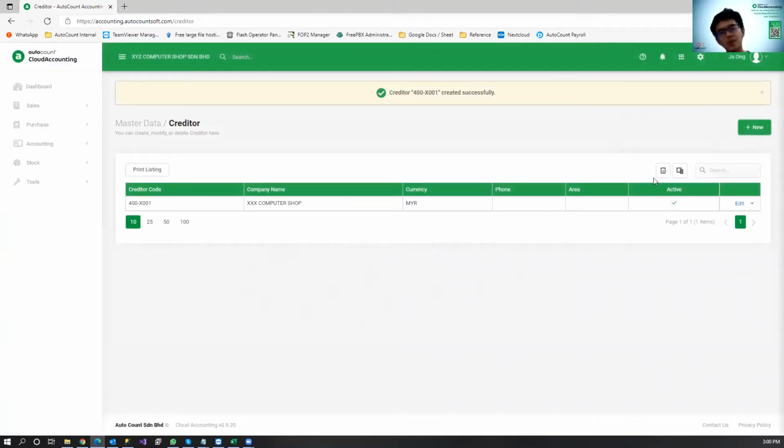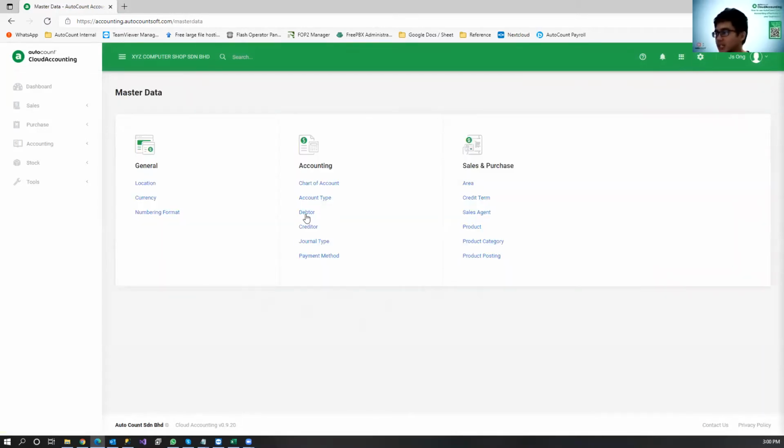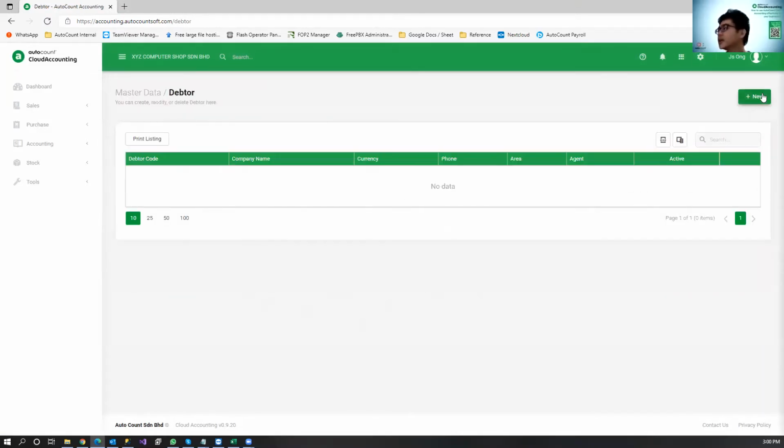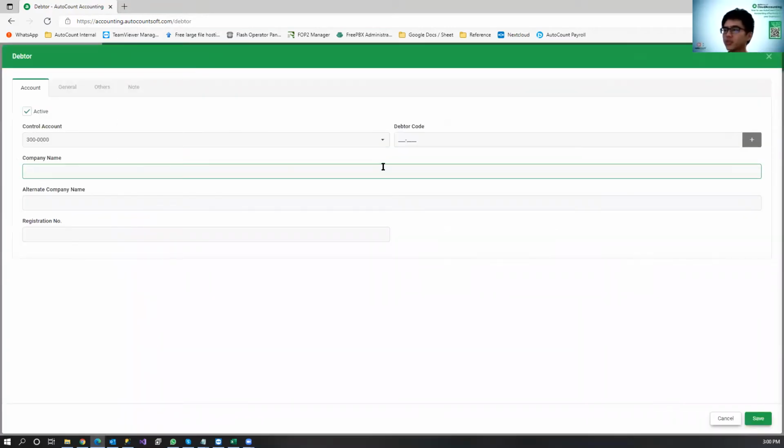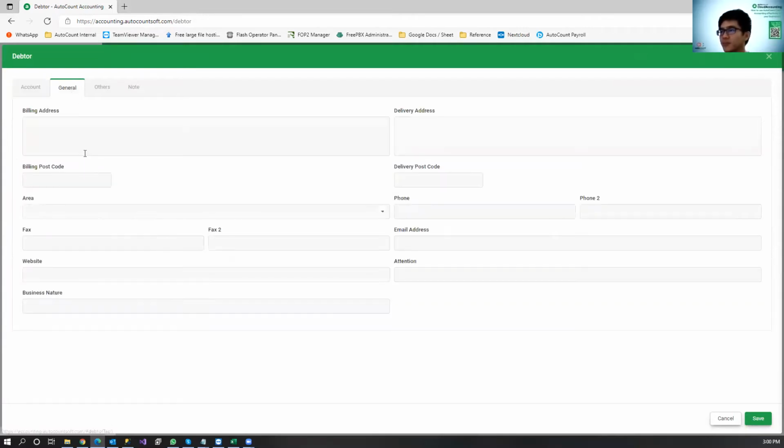You can create multiple suppliers, creditors, in this list, unlimited. And we can go back to our customer, debtor. Today I probably sell to someone called AutoCount. AutoCount is my customer. Address: B2 something.